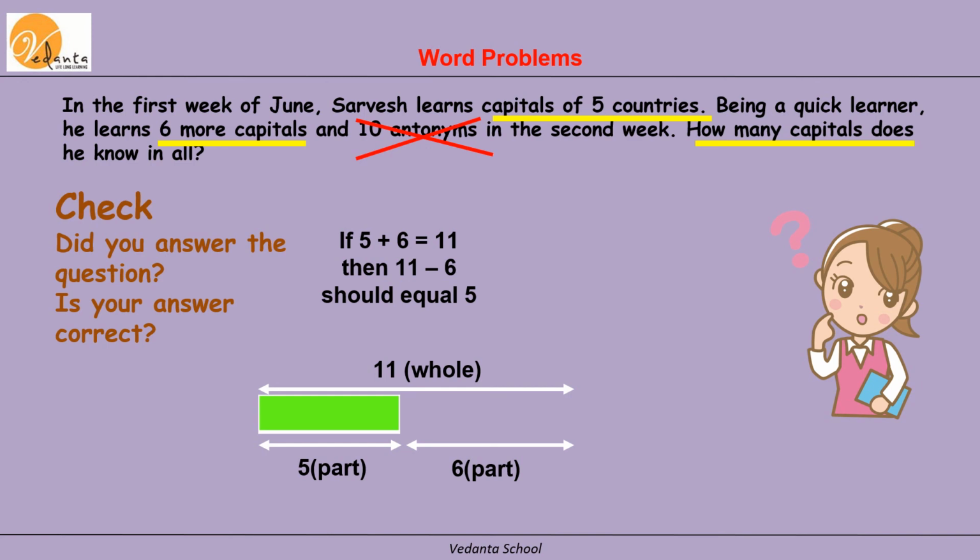What is removal in maths? Removing is subtraction. So from the whole, which is 11, if I subtract 6, I should get 5. You all know subtraction very well. Can you try this? What answer will you get? Yes, you all very well know 11 minus 6 is 5. So yes, we got the first part. So our answer is perfect.